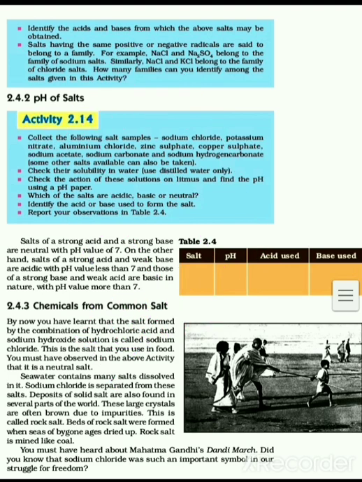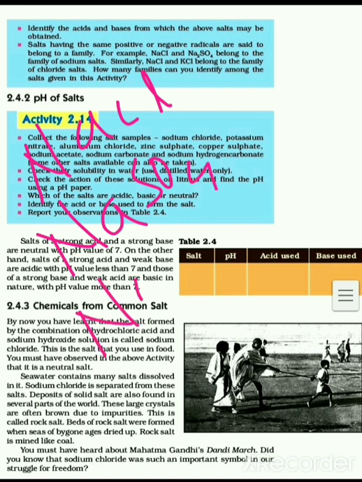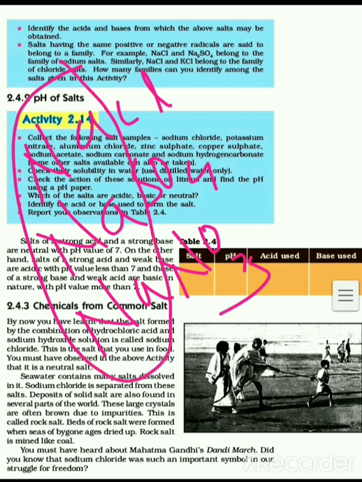Similarly, salts like sodium chloride, sodium sulfate, sodium nitrate are also salts of the same family because they have the same positive ion, that is sodium. Here Na plus Cl minus, Na plus SO4 2 minus. So these salts belong to the same family, that is the family of sodium.